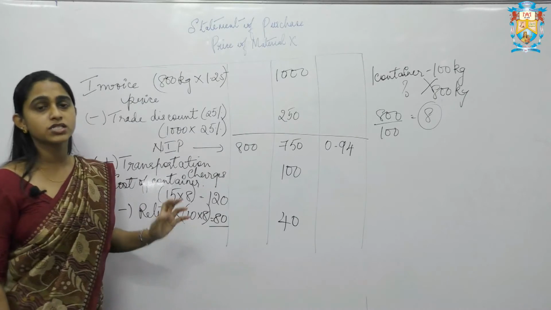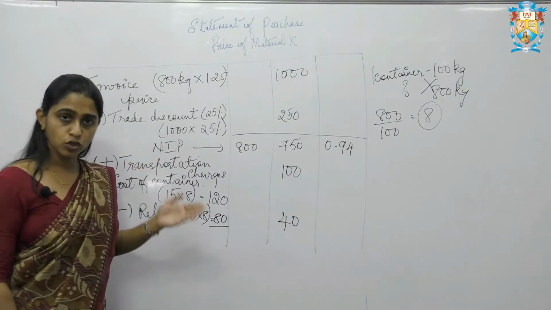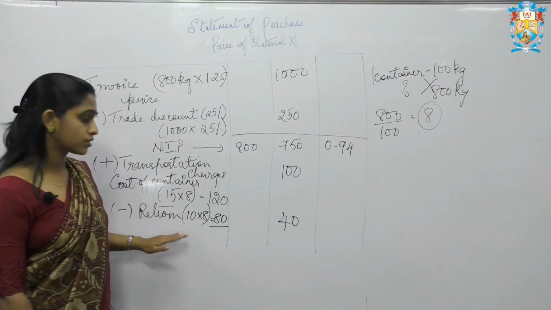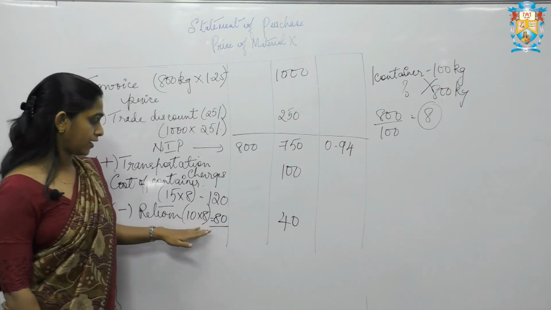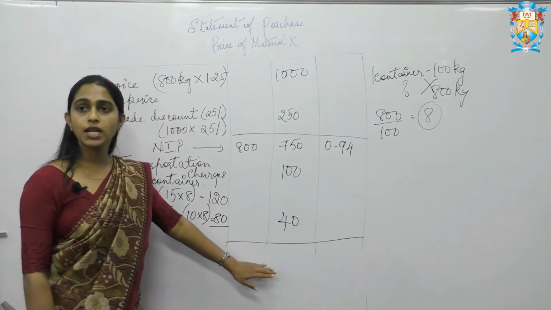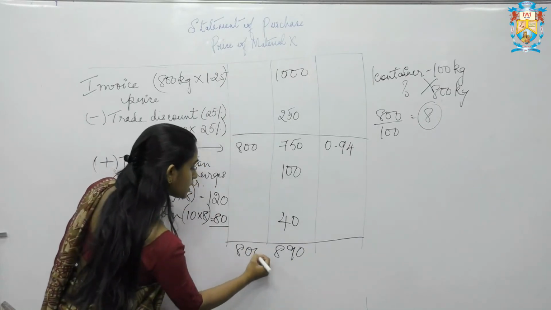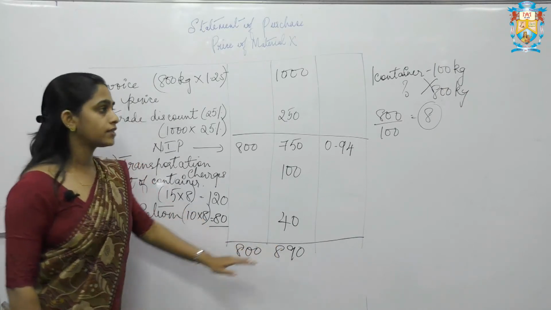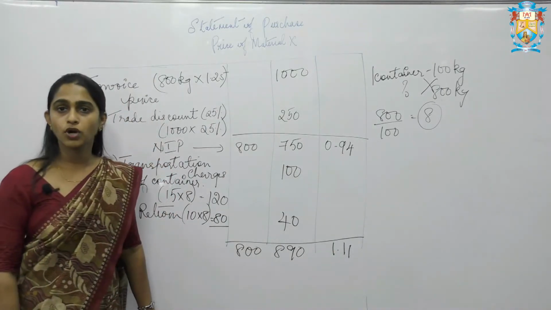The packaging charges will be given in the form of the cost of the container and the return amount. Whenever you have the cost of the container given and the return amount given, the return amount has to be deducted from the cost, provided you make the calculation of how many containers have to be there. Once you deduct, you then calculate the final amount. The final amount becomes 890 and the number of kgs is 800. So the total kgs is 800 and the amount is 890 and the rate per unit is 1.11.